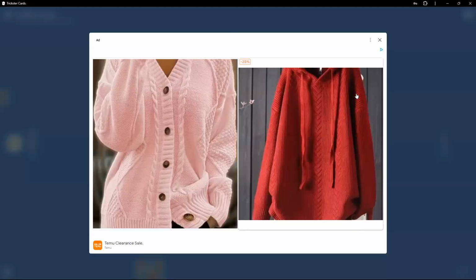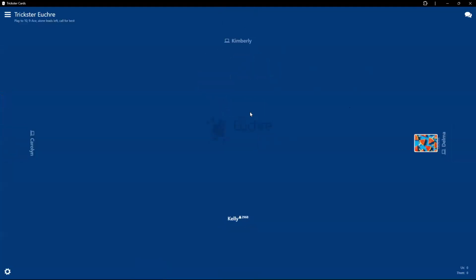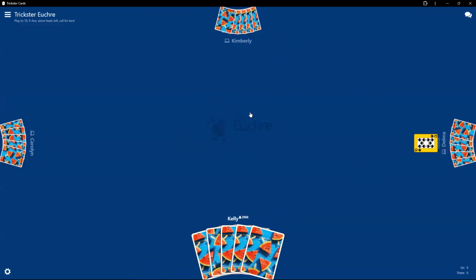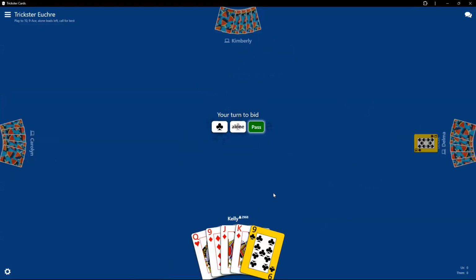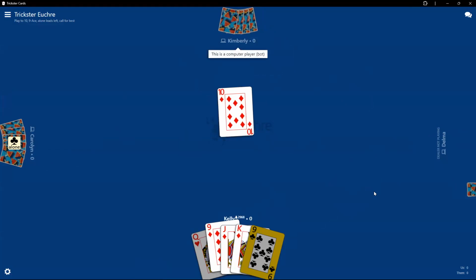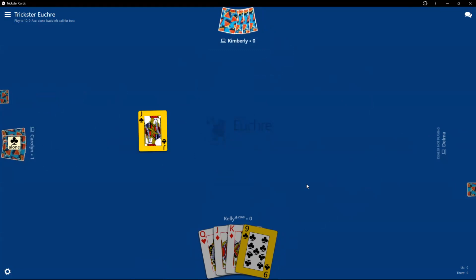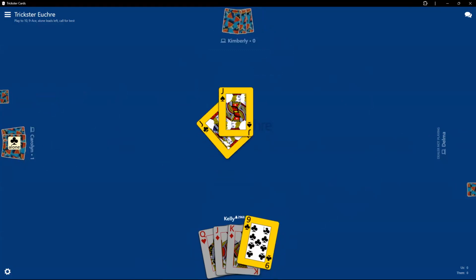Okay, just gonna play another game again. Oh, isn't this great? The ad's gone and the game's being played again. So you can start the game with the same players, or you can wait for new players. Let's just show you how that works. And new players, I mean, it's just new bots. And by the way, another thing I've noticed is that when it is a player, it'll have this number beside them. And in this case, again, all you need to do is click and see. You end up playing bots most of the time because you want to play right away. You want to wait for real players.